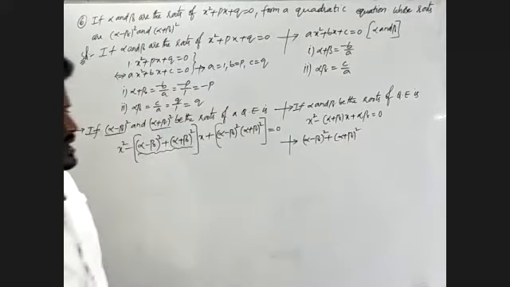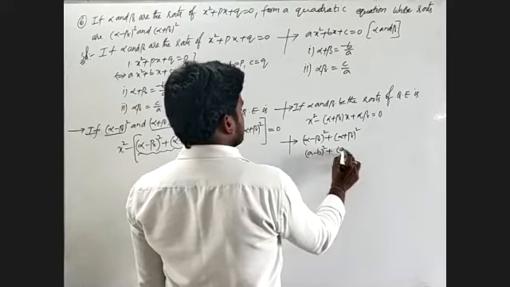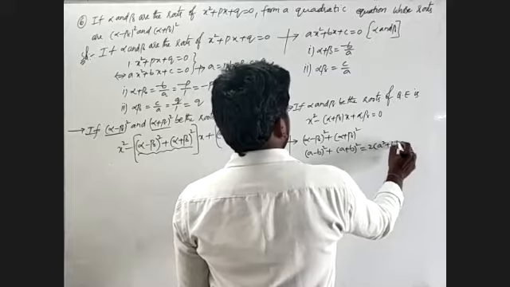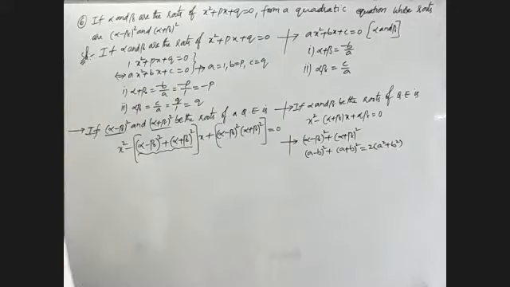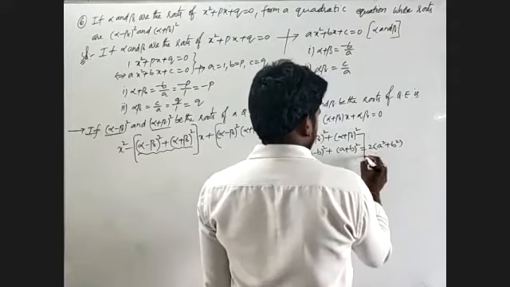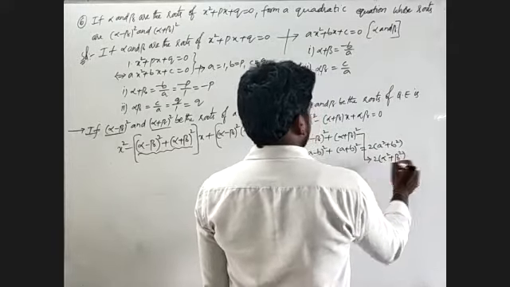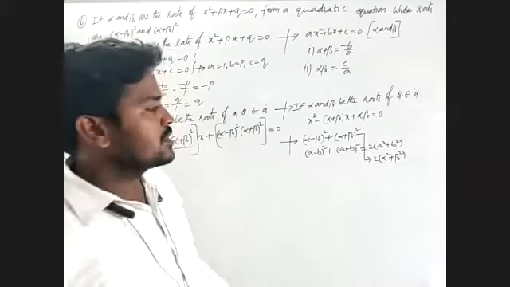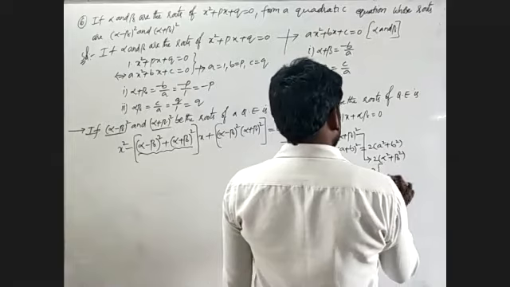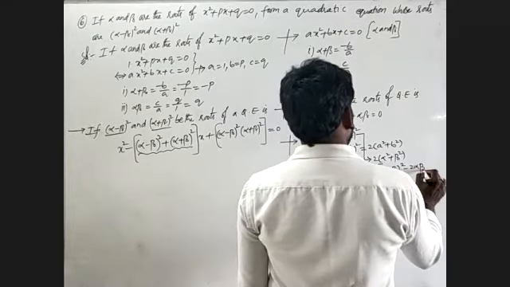You will observe in this one, given one when it is of the form a minus b whole square plus a plus b whole square is nothing but 2 into (a square plus b square). Here also I will write this one as 2 into (alpha square plus beta square). Already we know that the formula for alpha square plus beta square is alpha plus beta whole square minus 2 alpha beta.